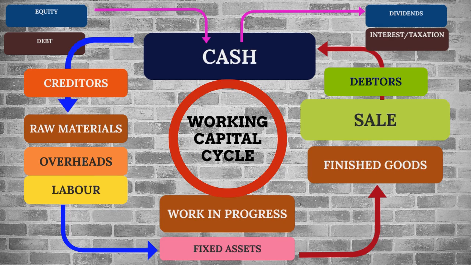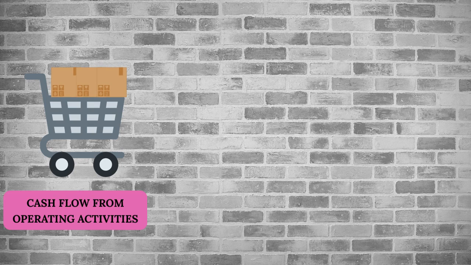We have now understood how a complete cash flow cycle for a business will look like. We can divide the cash flow cycle into three main categories. All the cash inflows and outflows that relate to purchase of raw materials, conversion of raw material into work in progress and finished goods, and sale to the customers and payment of creditors can be categorized as cash flow from